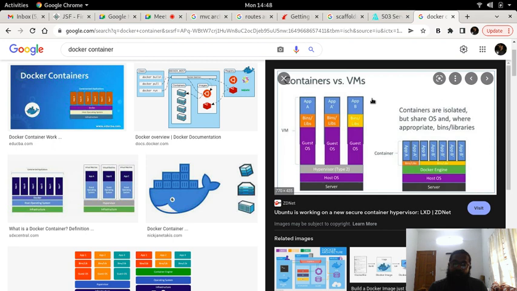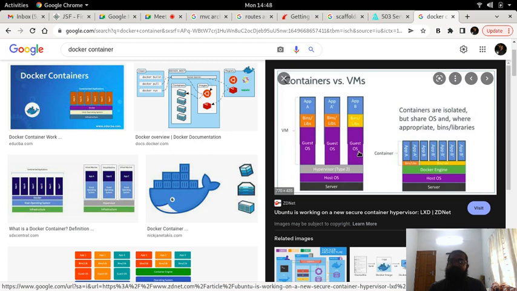For a virtual machine based system, you have a server, host operating system, hypervisor, then the guest operating systems, then the binaries and libraries, then application A, application A dash, application B, because application A is dependent on the binaries and the libraries and the guest OS that is shown on the leftmost tower, and application A dash is on the middle tower, and application B requires a different one.